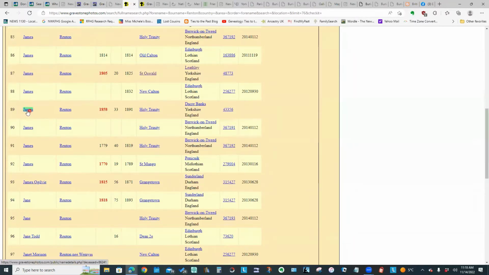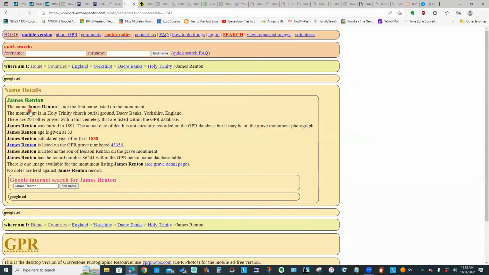Now, clicking on any of these items that are clickable links will give me more information. So if I click on either the first name or the surname, it will take me into the details of that particular entry. So it's telling me that the particular James I clicked on isn't the first name listed on the monument. So that could be useful information.